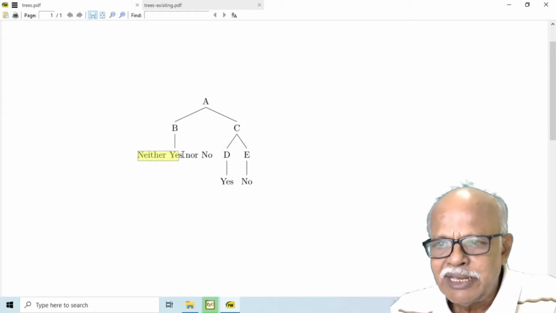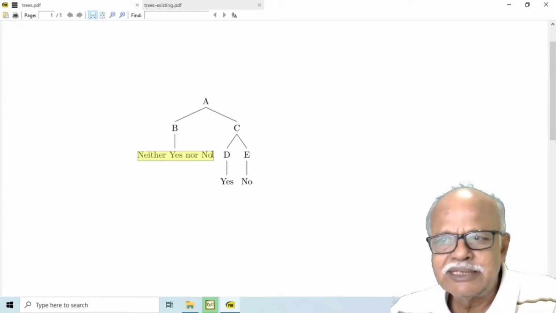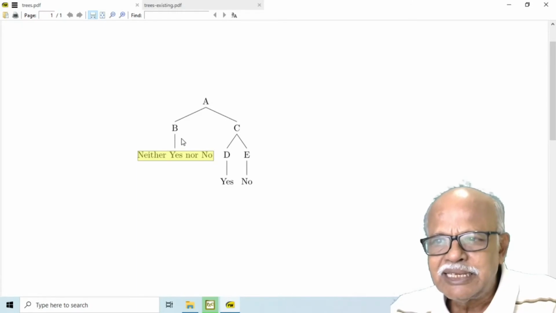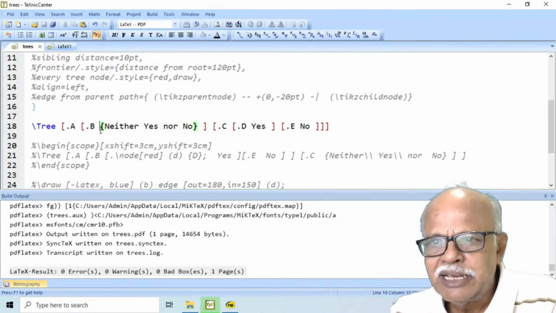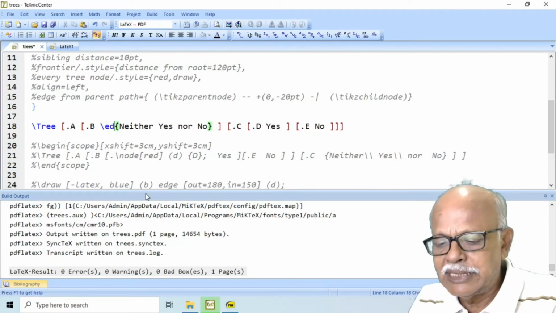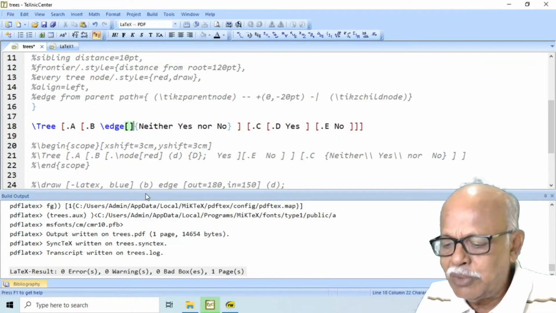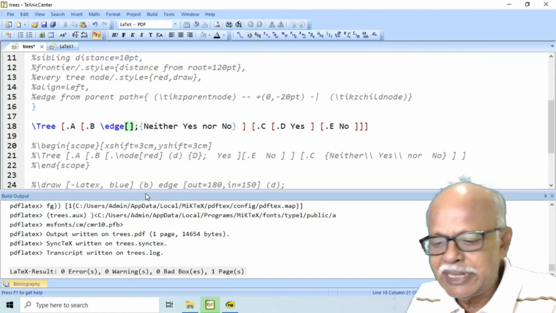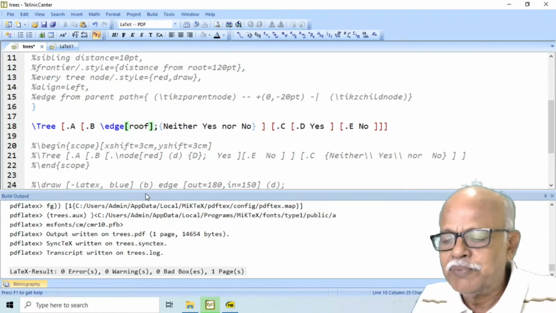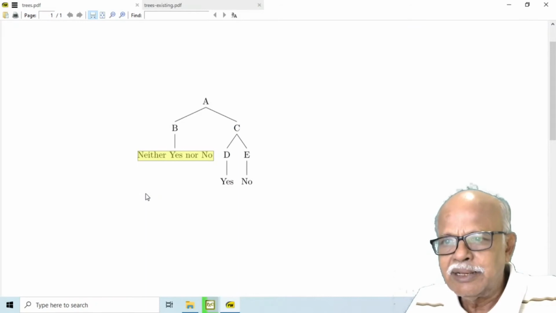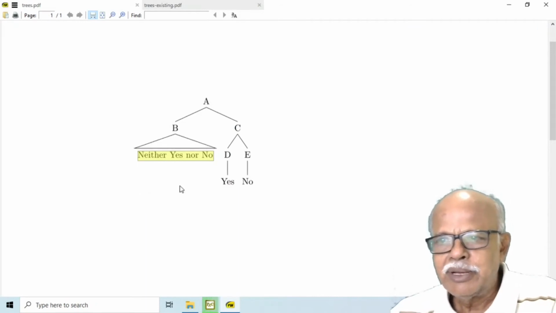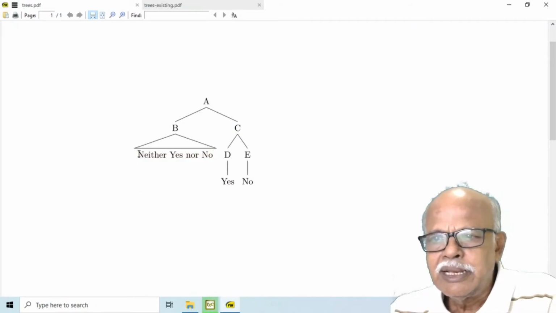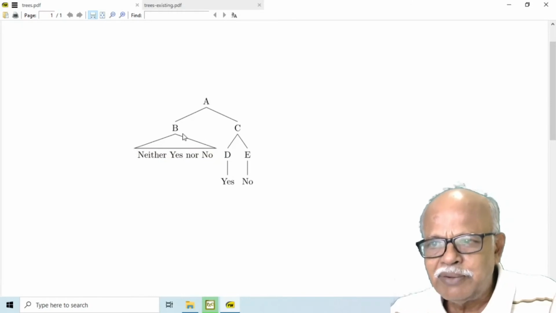For more than one word like this, a straight line may not be sufficient for you. Then you can have an edge of your own defined like this. I say roof. Then you can have the edge in the form of a roof.